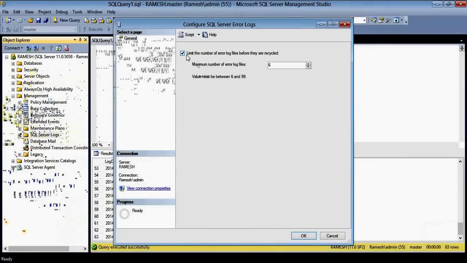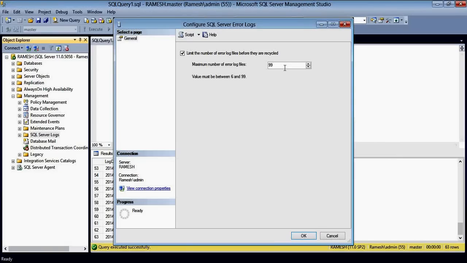Here you can see the limit of error logs as 6. This can be set up to 99 max. It's the current one plus 99 files. The minimum value is 6, which means the current one plus 6 old files. You can keep it at 99, or else we use 30.